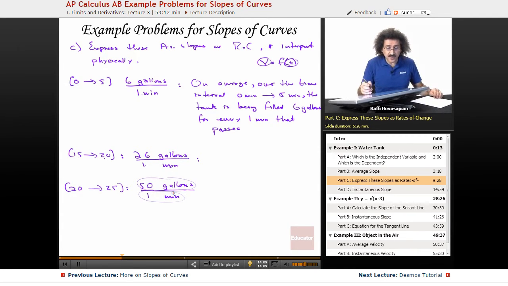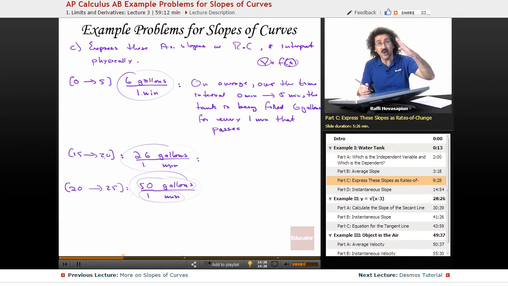Now notice that these rates of change are not constant. Between 0 and 5, it's 6 gallons per minute. From 15 to 20, it's 26 gallons per minute. 20 to 25, it's 50 gallons per minute. So the rate of change is changing. The average slope is changing. It's filling up faster for every minute that goes by. More water is being pumped in. It's like I'm turning the faucet, and for every moment that I'm actually opening up more and allowing more water to flow in. So,